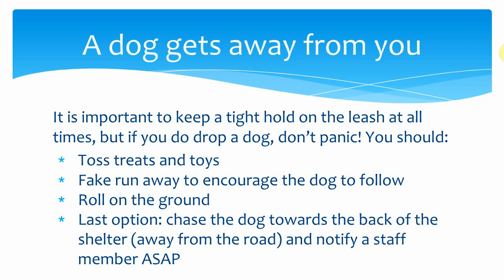You can also fake run away from the dog, pretending something really fun is in front of you to try to get the dog to follow you. You can roll on the ground and look a little hurt to see if the dog will come up to check on you. And then if none of these options work, only then will you chase the dog